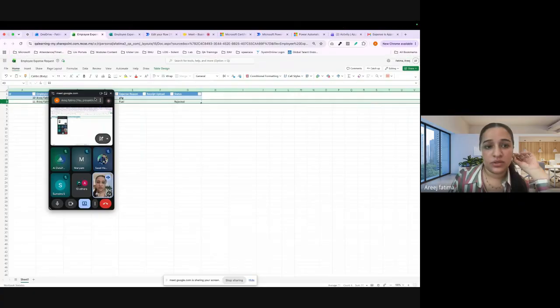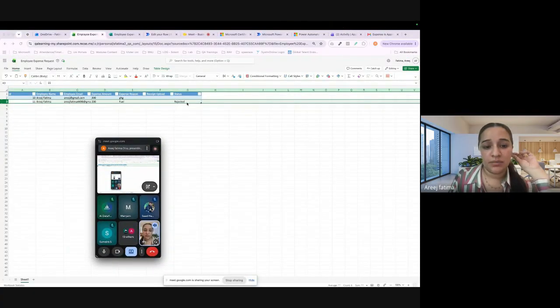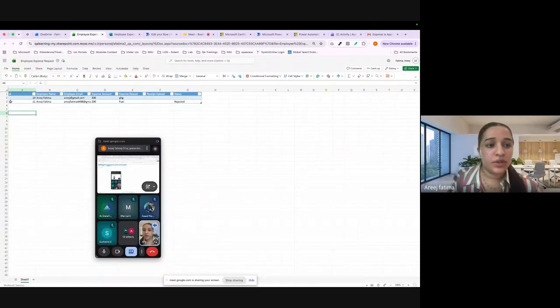Okay, just double check the row. Now you can see it's simply updated and rejected the same one, because I didn't add any new entry. So they are going to update the same row that I already entered.